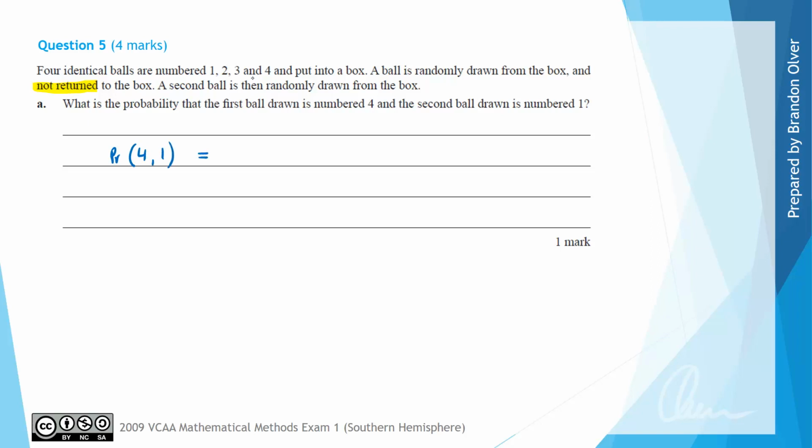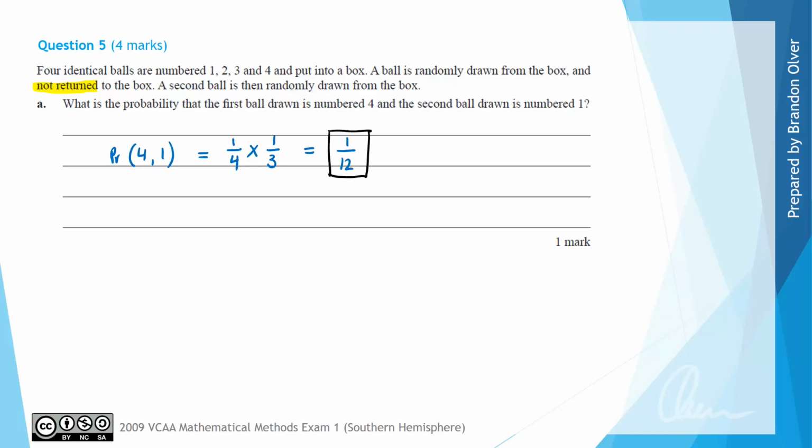On the first draw we have 4 balls, with one of them being the ball that we want to draw, so there's a 1 in 4 chance that we'll get the ball numbered 4 first. And then the second time we select a ball, there's only 3 balls remaining, and only one of those satisfies this question, that is a ball numbered 1. So completing that multiplication we get that there's a 1 in 12 chance, so that is the answer to part